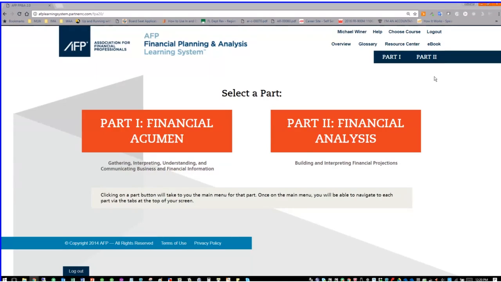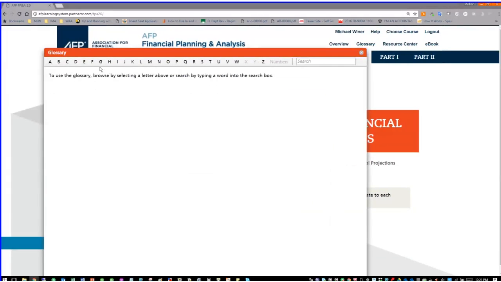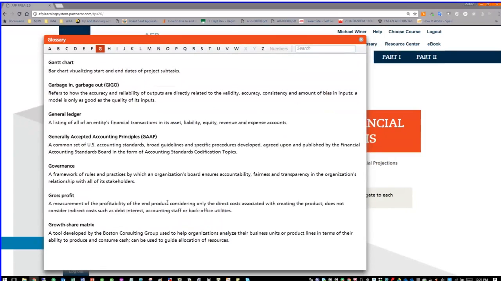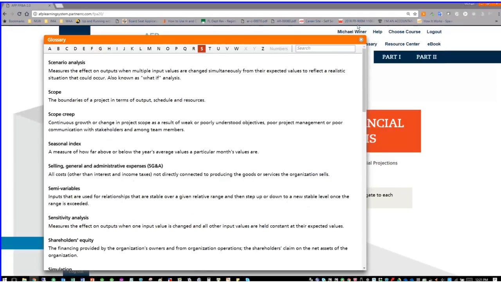What I want to point out at this point is two sections that you may not have delved into, and they're both up here. The first one is the glossary, and the glossary is literally an alphabetical terms listing. It is available online, and as you're finalizing, you've presumably done most of the studying by now. We're ending the semester, but if there are terms that you're unclear about, you can find them here, and that may be of value to you.